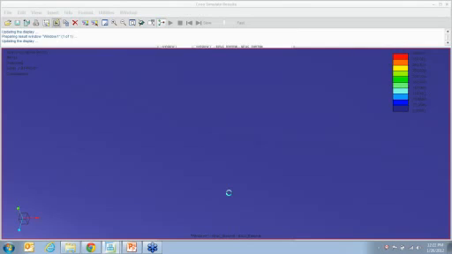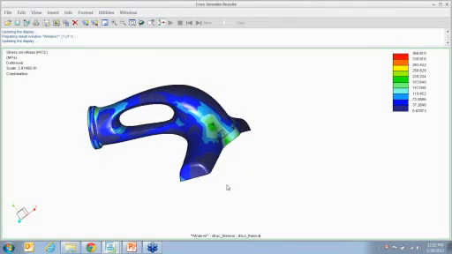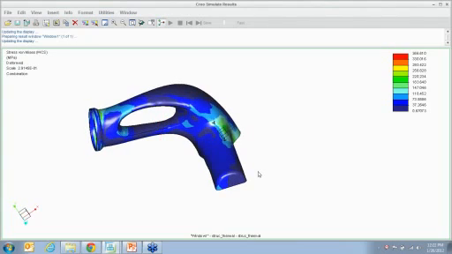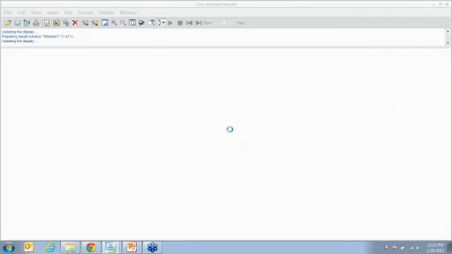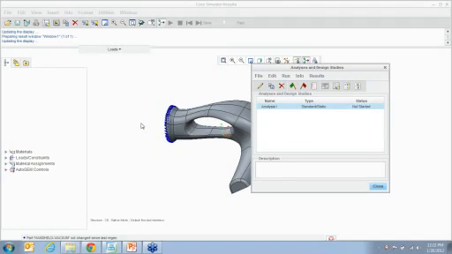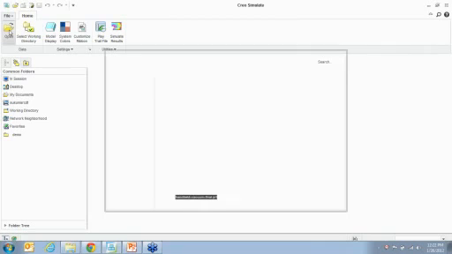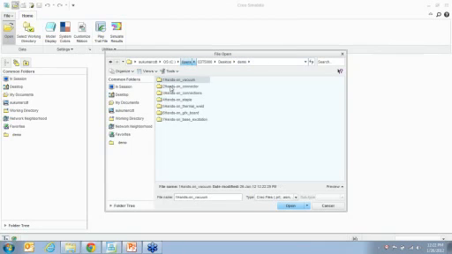So we can do these kinds of analyses all with the base Mechanica, and the reason I'm showing you these different analyses is more or less to show that the thin type of elements that we created supports these different analyses. All right, so let's see what the next one was. The next one was more or less exporting your results to Creo Simulate, Creo View. So let's look at